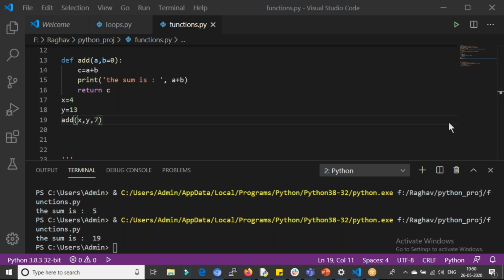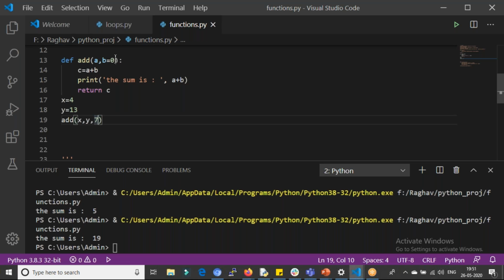Good, Varsha. So here the problem for me is I can't give any values other than these two parameters. But what if I have a function where I want to add all the values which I give inside the add function? I can't limit my add function to only two values, right? Then what is the use? What if I want to add more than two numbers? Our problem is that we don't know how many values are being given. So what should we do over there?